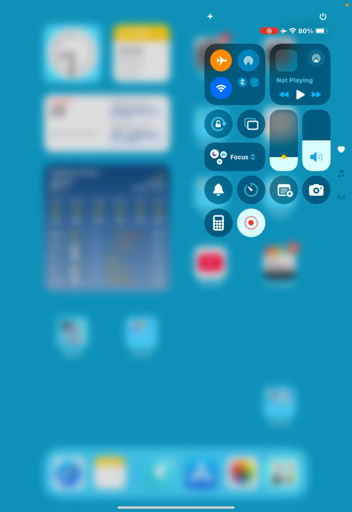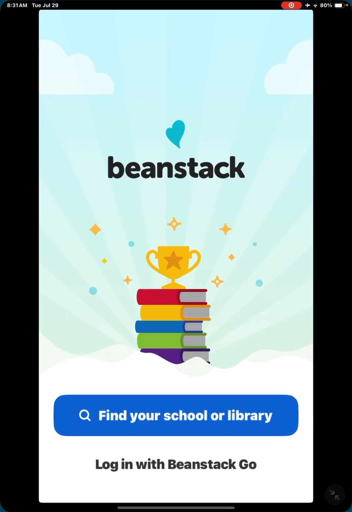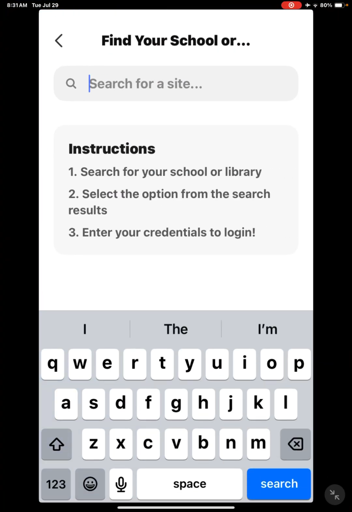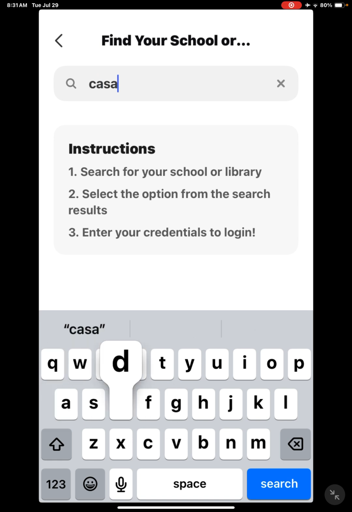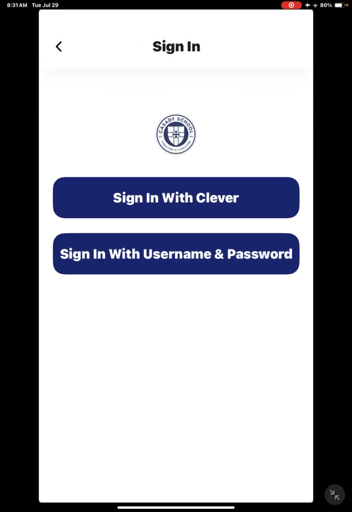Okay, so here we are trying a quick little tutorial about some of the features of the Beanstack mobile app. You can use this on tablets or on phones. So first you go to your Beanstack app, find your school or library. Cassidy should be the only one that comes up, and then you can sign in with Clever or sign in